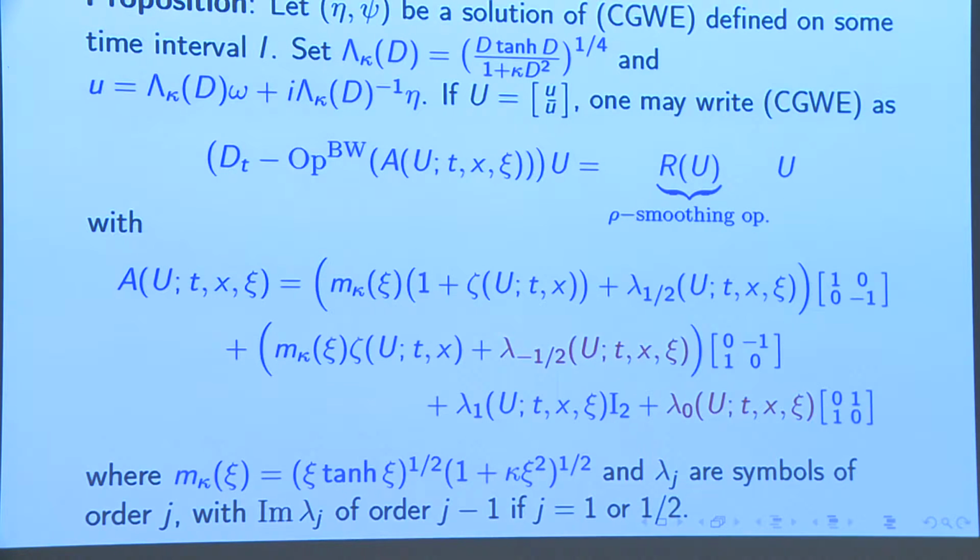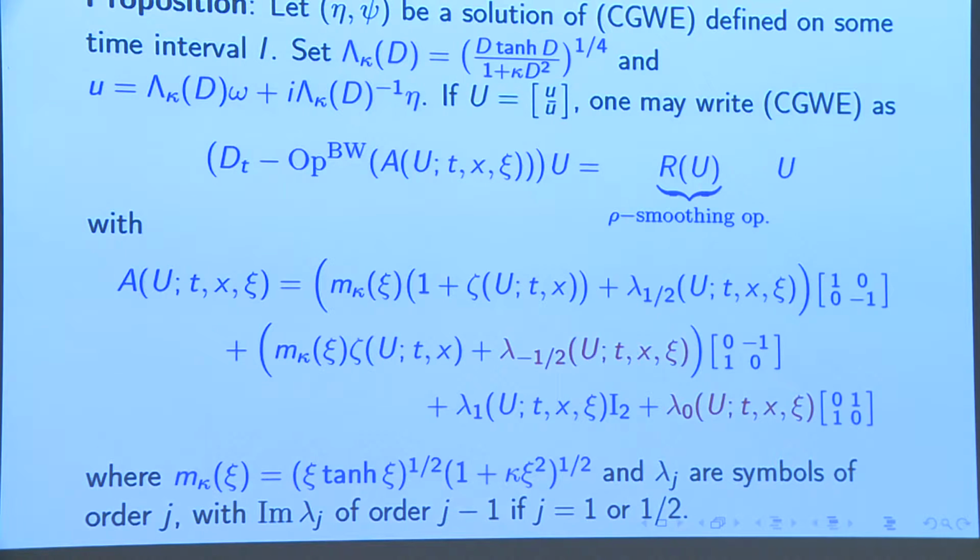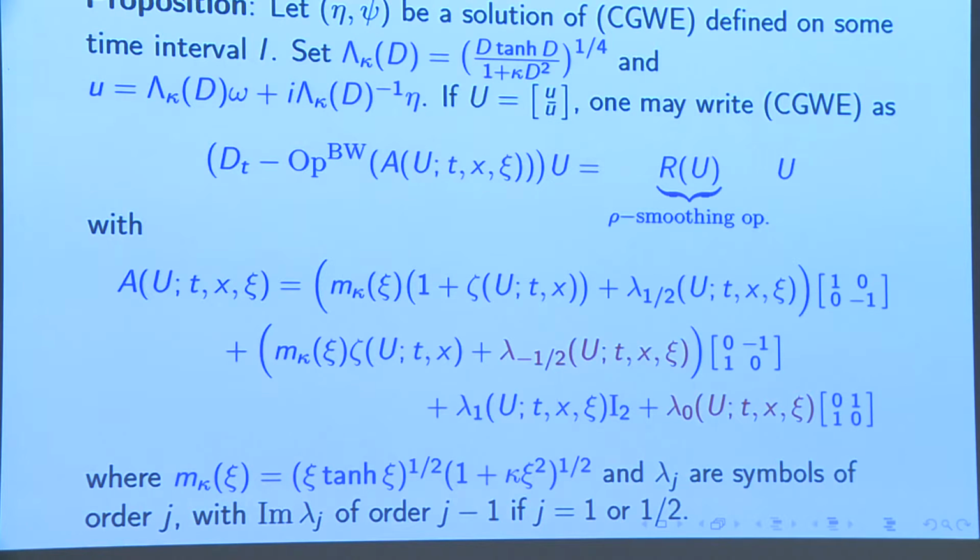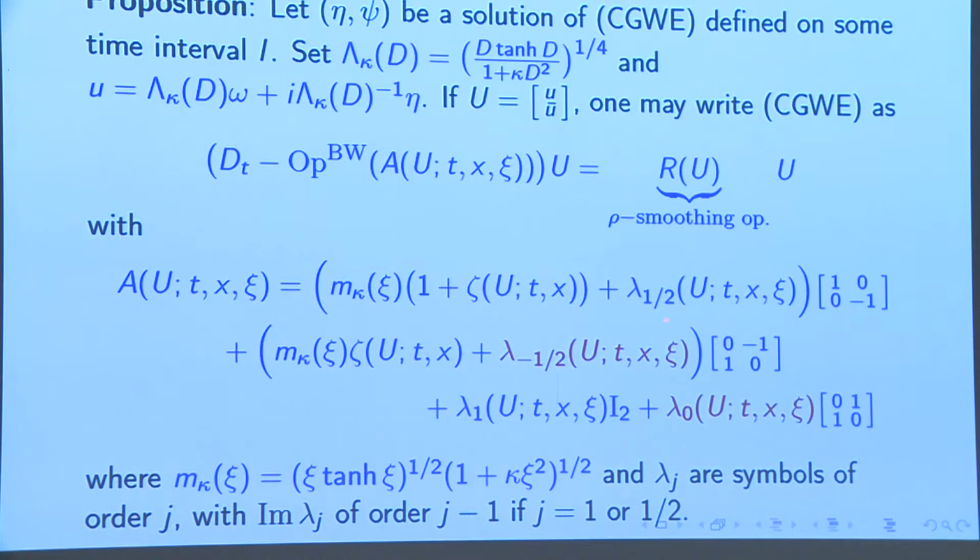And what is important here is that when you compute the eigenvalues of that new matrix, you get that the imaginary part of these eigenvalues is bounded when psi goes to infinity, which was a property which was not true in the initial formulation. And this property comes from the fact that using this good unknown, you make appear a symbol lambda 1/2 here, which has the imaginary part of negative order,